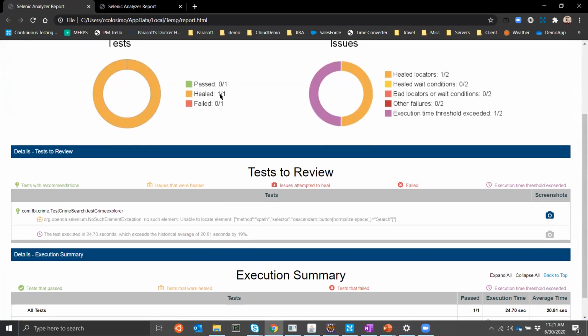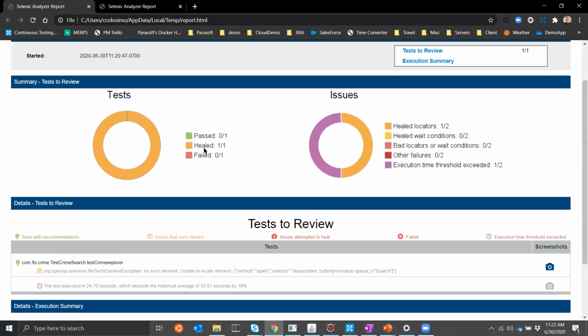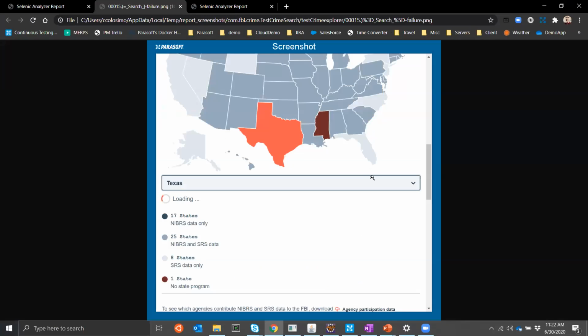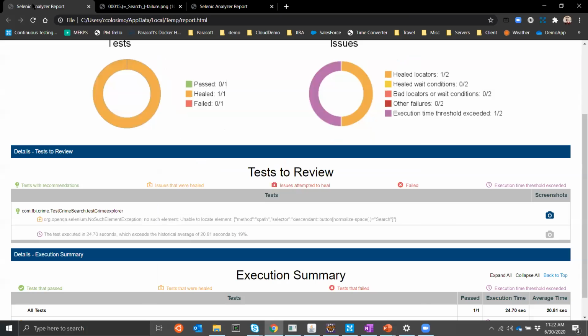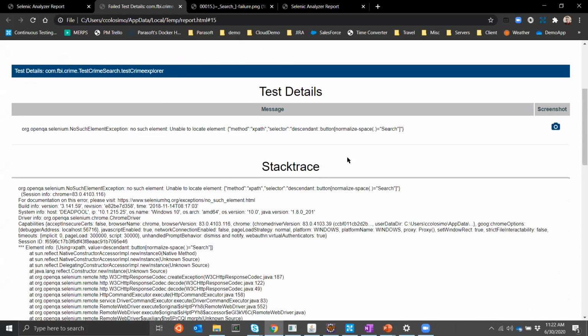So here you can see that we had a test that failed, and it was healed with Parasoft Selenium's AI. Now, if we look at our screenshot, it'll tell us exactly where we were when we were trying to click on that go button. And if we then click into this, we'll get a description of how the AI actually worked. It said, okay, I couldn't click on search, but I went back and generated this new locator, go. I tried it and I was successful. It also provides us with a stack trace and details